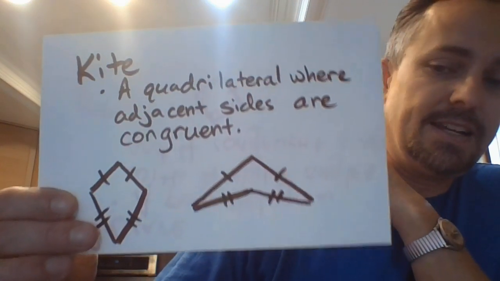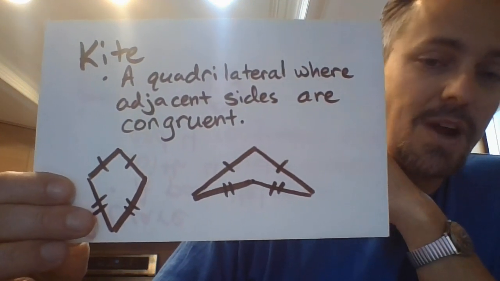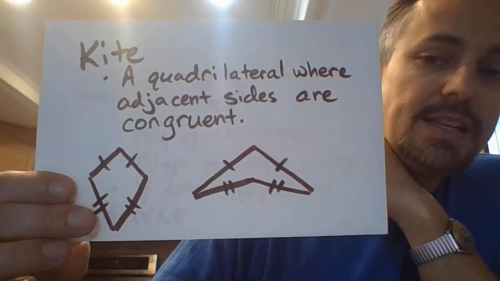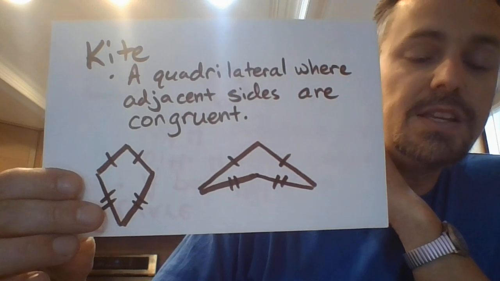And there is one special quadrilateral we're going to go up to. It's actually my favorite. It's a geometric shape called a kite. Now, you think of a kite as one that you would fly in the great outdoors. So do I. I like doing that. But a kite, it's a quadrilateral where adjacent